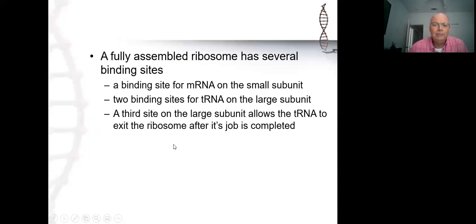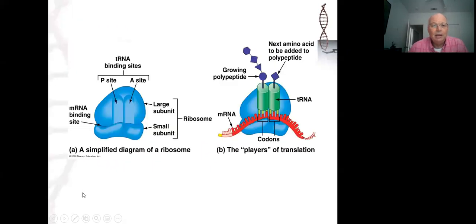So when we take a look at the ribosome, we recognize a number of different sites. Now, the book shows two. We actually know that there is a third site, and it is located here, and it's referred to as the E site, and that is for exit,